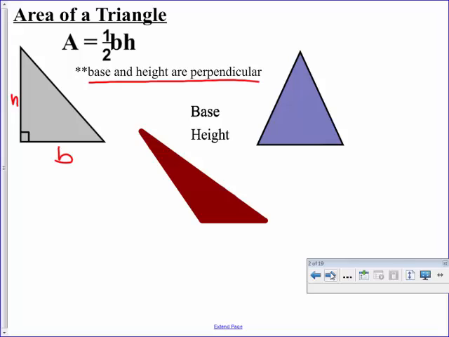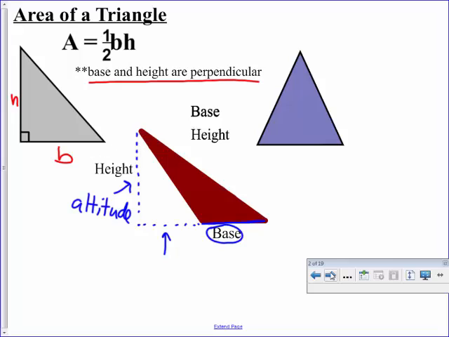So taking a look at the other two, the obtuse triangle, you still have a base that's down here, but we're going to drop the altitude. That's also another name for height, okay, is the altitude. And you'll hear me say drop the altitude for the obtuse one. Now I'm putting dotted lines here because that dotted line that I just did here is not included in the base. The base is only this part of the triangle,